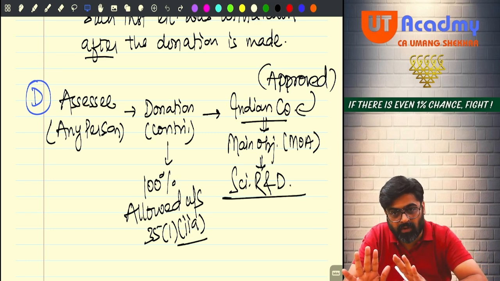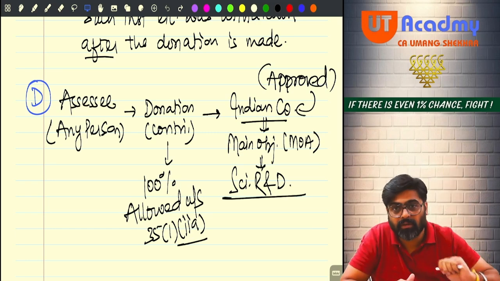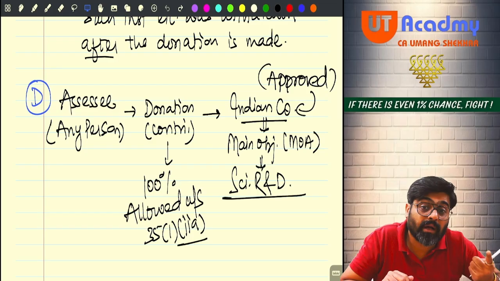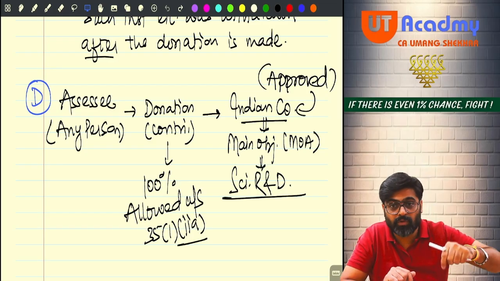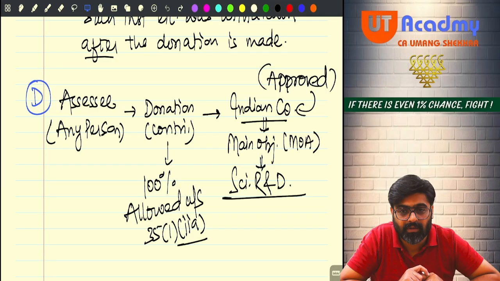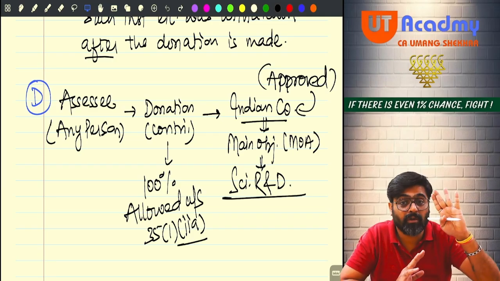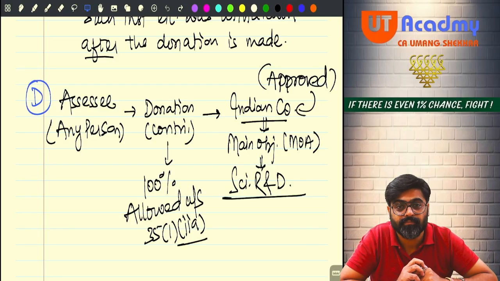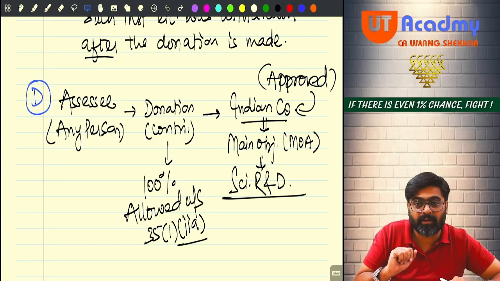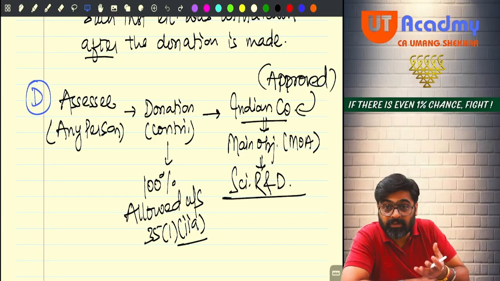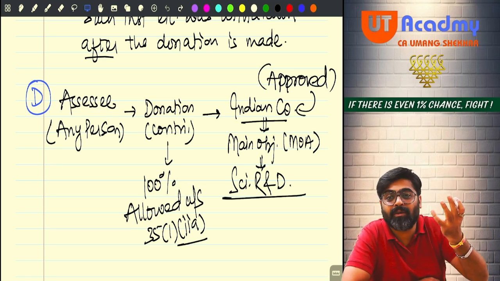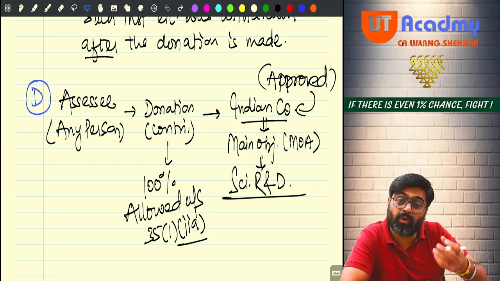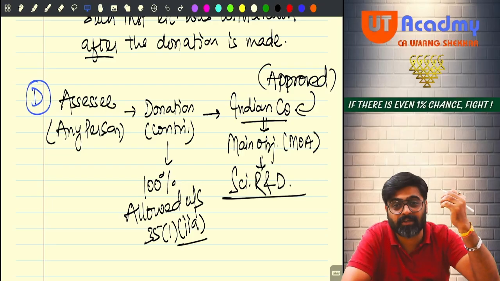So at the time of formation only, this approval is taken, allowing the company to do this research. Who has given the approval? Government. Now the government also knows that this private company is doing a specific type of scientific research. So like other institutes are funded by us, let us fund these types of companies also. These companies will apply to the government: for our research, please give us also some money. Likewise, the government will allocate some money to them also for their research.